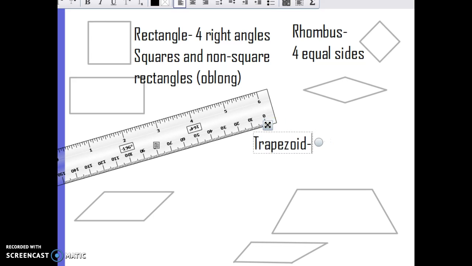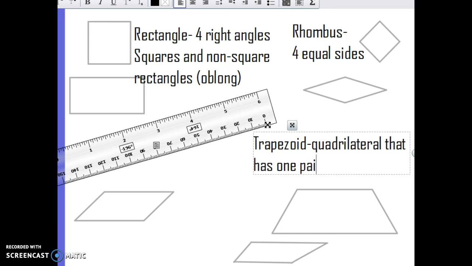But this trapezoid is a trapezoid because it is a quadrilateral, which actually all 4 of these are quadrilaterals, meaning just that they have 4 sides, 4 straight lines. Okay, so it's a quadrilateral that has 1 pair of parallel